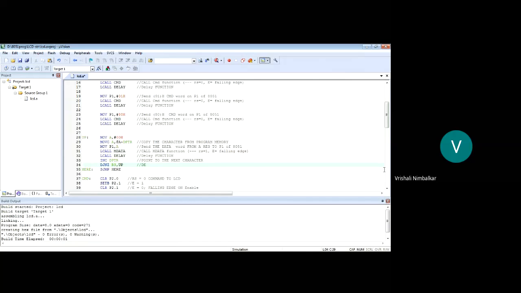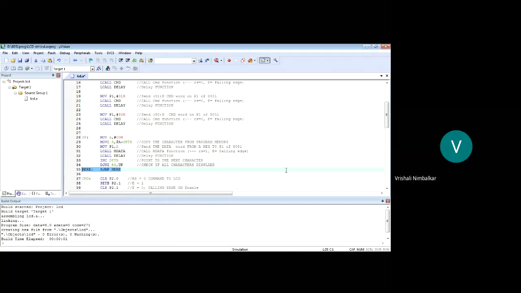Then what are we doing? Decrementing the counter is to check if all characters are displayed. If not, go back, pick the second character, send it on port 1, and repeat the process. Hope you all are getting me, students. Is that okay? Right? And now this will keep on happening till all the 5 characters are over. And 5 characters over means R3 will become 0. And it will come out of the loop, and then we end our program.